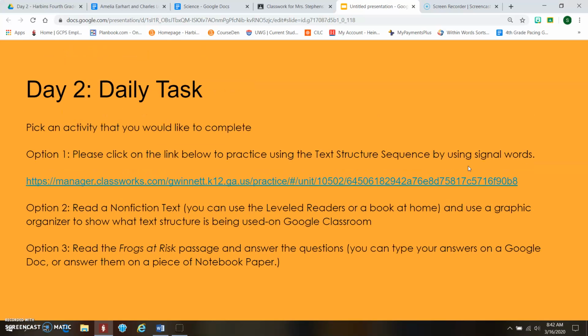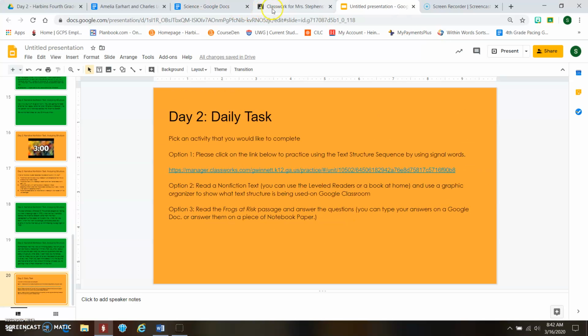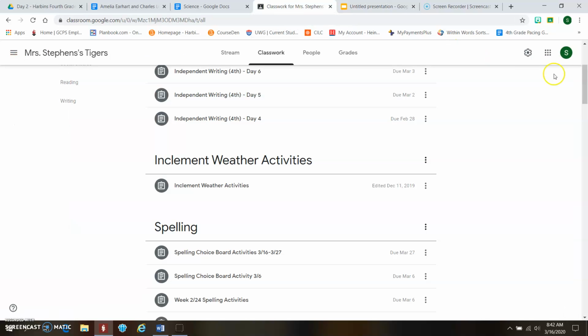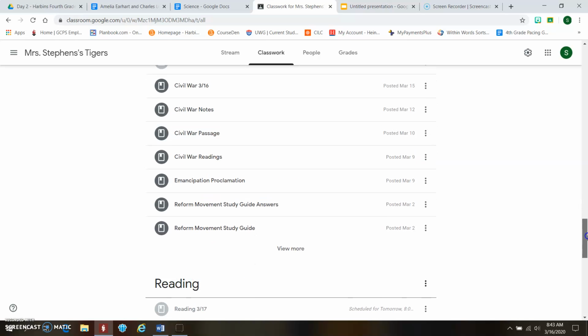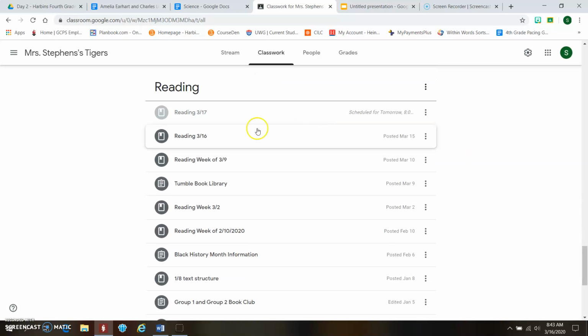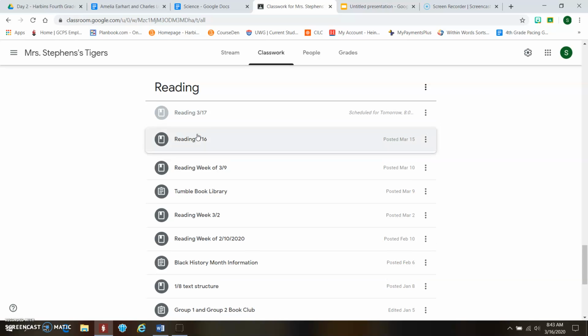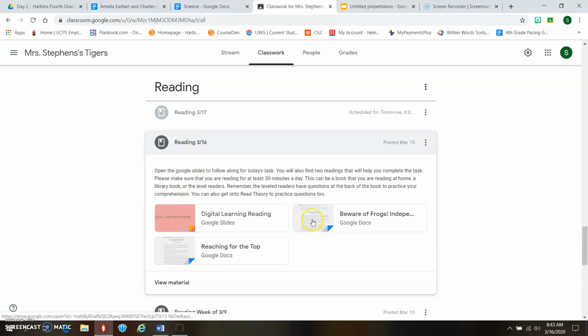So let me exit out of here and let me show you what that looks like. When you opened this on your Google Classroom, when you scroll down to reading, there should have been, like yesterday's, different materials. You will find this